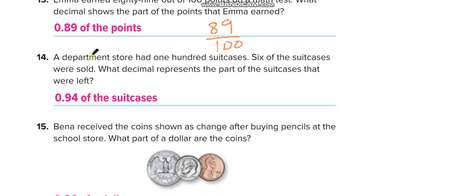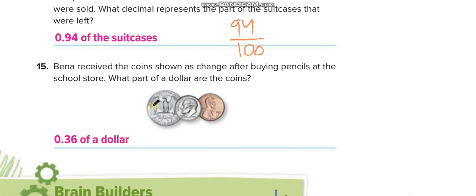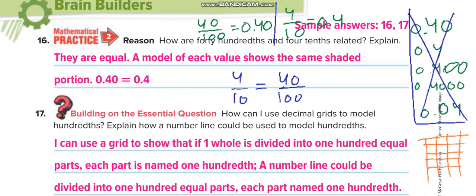A department store had 100 suitcases. 6 of the suitcases were sold. How many were left behind? If you take 6 out of 100, 94 are left behind. So 94 over 100. The decimal 0.94, and the word form 94 hundredths. This one is related to the currency, and here,